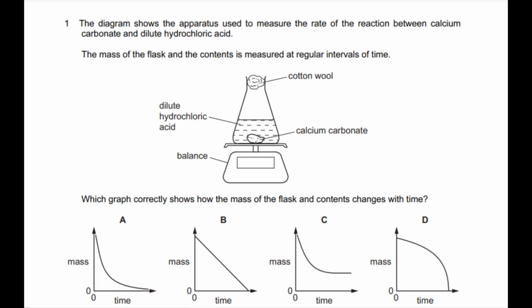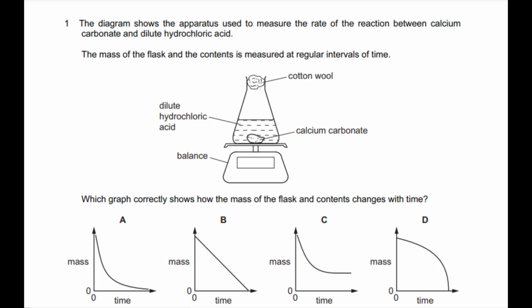it becomes constant. In a chemical reaction, if we are measuring the rate of reaction in terms of decrease in mass, then you must know that in the beginning the decrease in mass is faster, then it gradually slows down, and finally it stops because the reaction has stopped. Maybe the contents have all reacted, or one of the reagents is consumed completely, so the reaction stops. That means Charlie is the answer, because the mass first decreases rapidly, then gradually slows down, and finally it stops and the mass becomes constant.